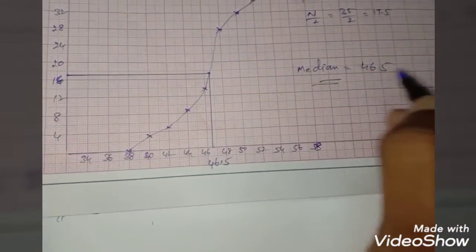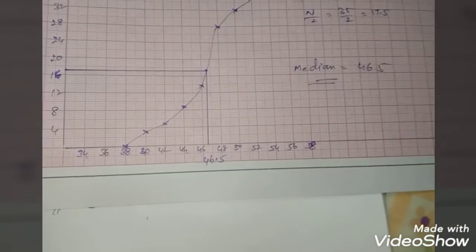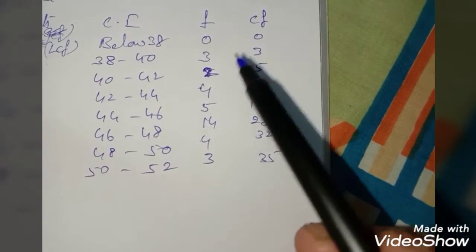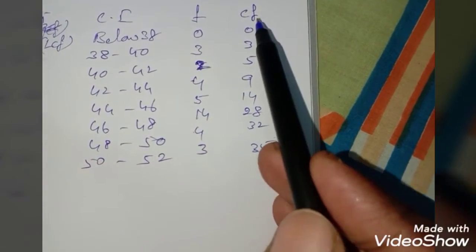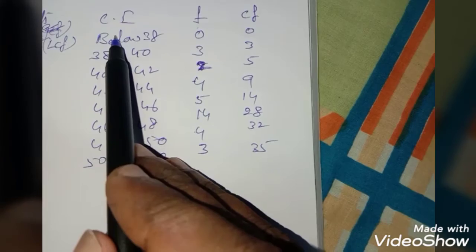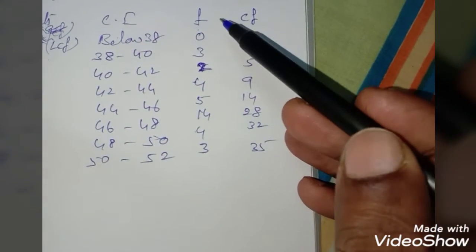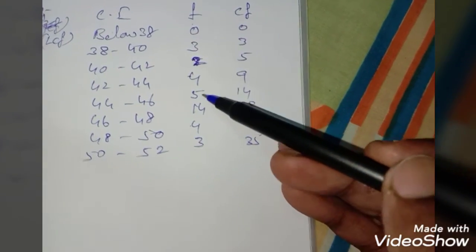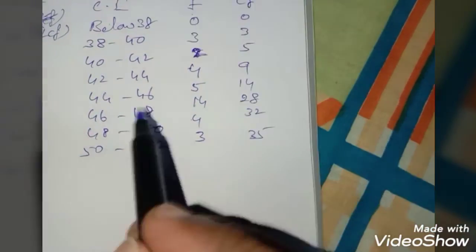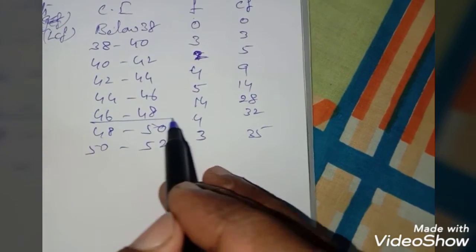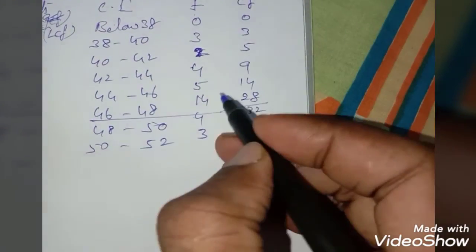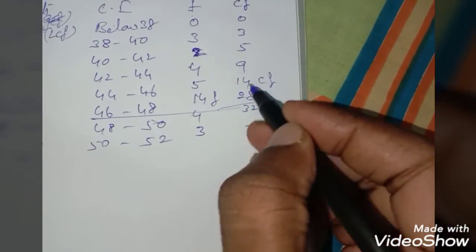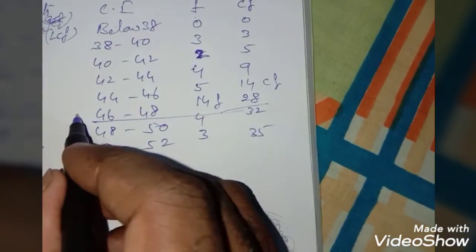Now we have to verify this median using the actual formula. To find the actual value using the formula, we need the median class. Frequency and class interval are already given. Before that, we have to find which is the biggest among all these frequencies. 14 is the biggest, so underline this value. This 14 is f, the cumulative frequency above it is cf, and this is the lower boundary.